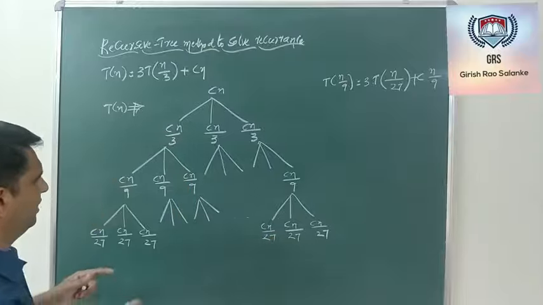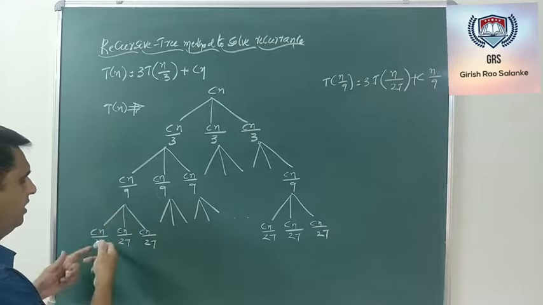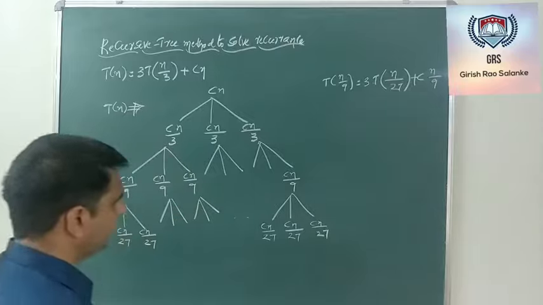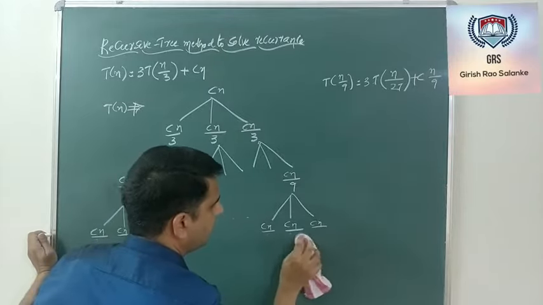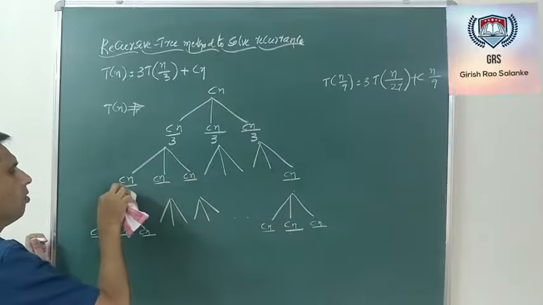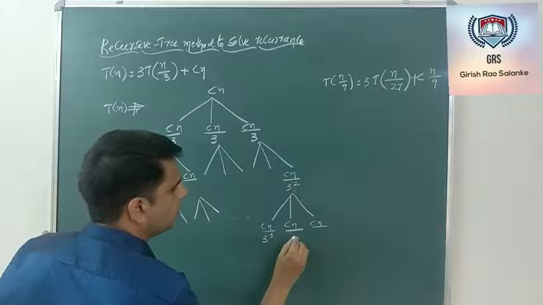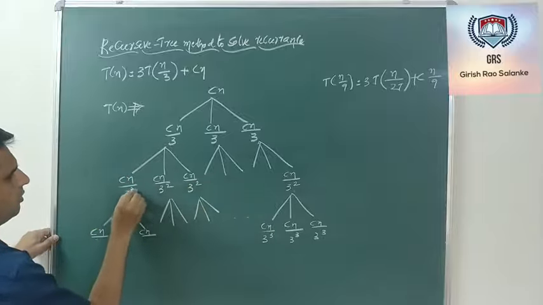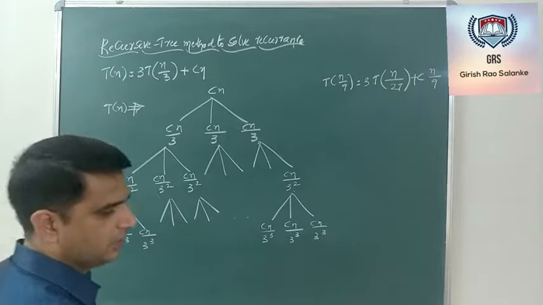Now rather than writing it as 9 and 27, let me check whether it can be written as a power of 3. 3 square is 9, 3 cube is 3 into 3, 9, 9 times 3 is 27. So a better way is I can rewrite all these 27s as 3 cube and write the 9s as 3 square. So this was 3 square, this was 3 cube. Here it was 3 cube, 3 cube, 3 cube. Please note that.